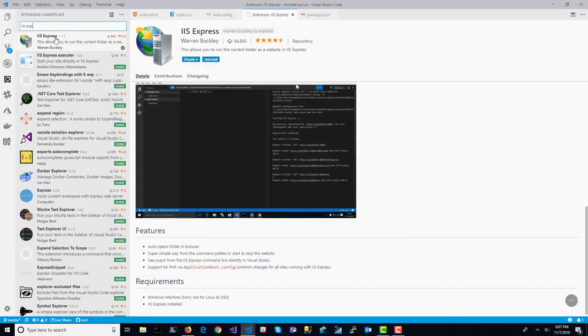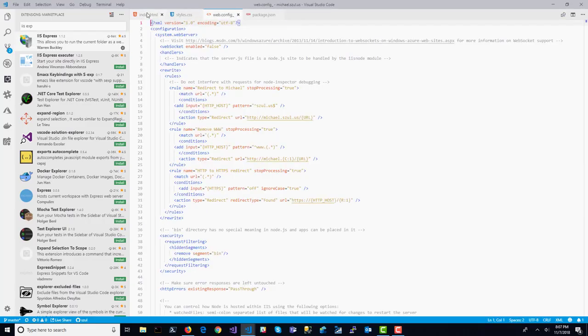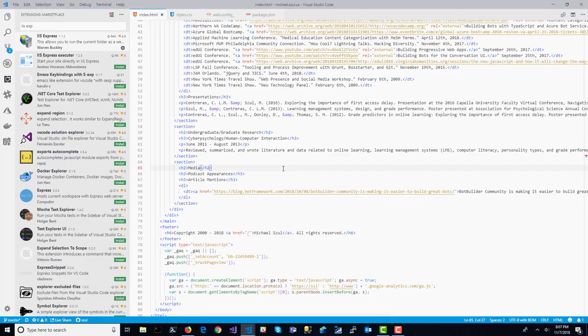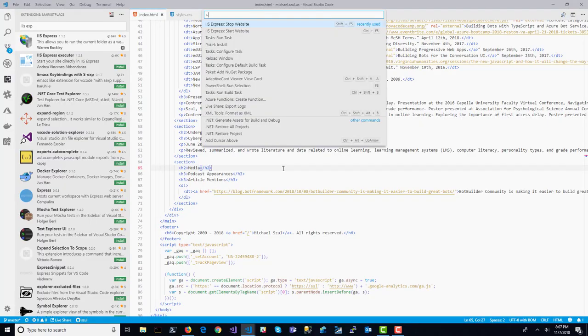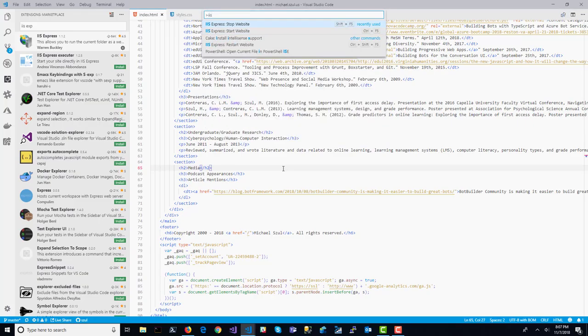All you really have to do is install the extension, and it gives you a couple of keyboard shortcuts. So if you do Control-Shift-P, you can see that the two that show up here are IIS Express stop website and start website. If we just quickly type IIS Express, you can see there's actually three of them. There's stop, start, and then there's restart. And then, of course, if you select start,